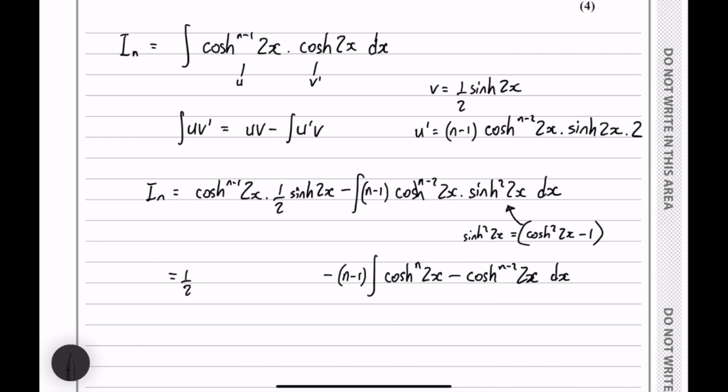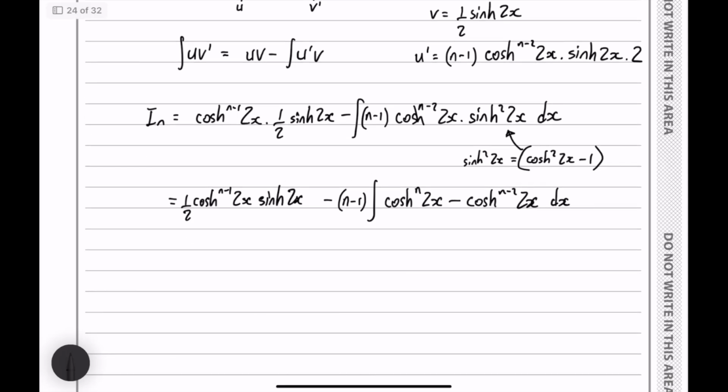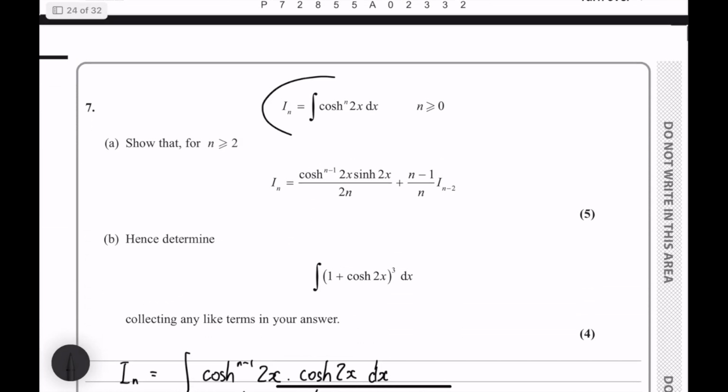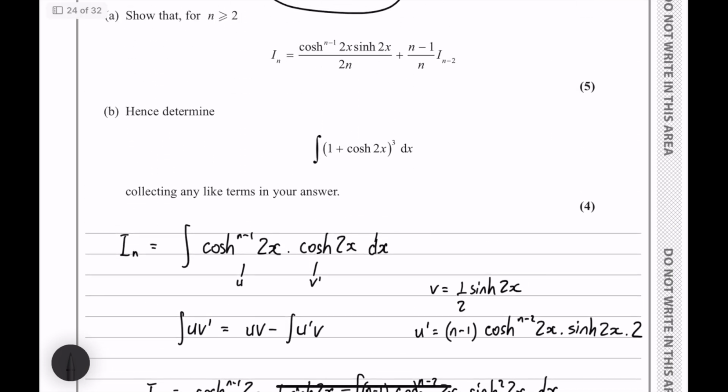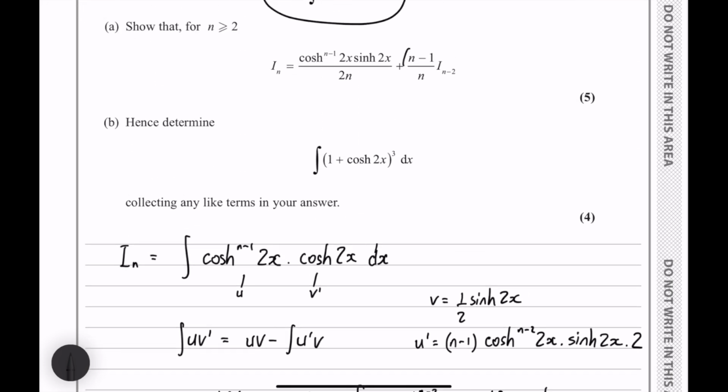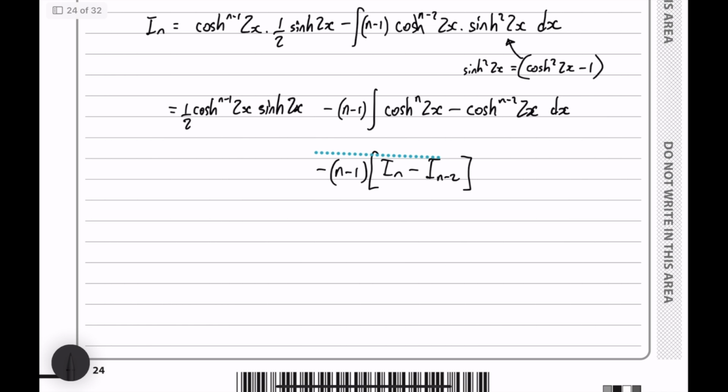So we've got half cosh n minus 1 2x sinh 2x again. And then this expression in the integral is now what we started with at the very beginning. Here. So we can change that into the I_n notation. So this is I_n minus 2. And then because of what do we want? This is effectively brackets for the I_n minus 2. So I'll leave that in brackets. That becomes a plus